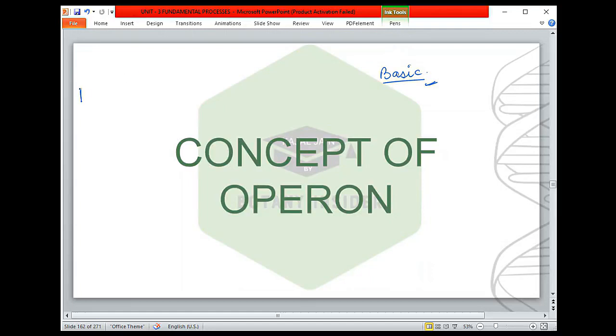In addition to that, we also have the ara operon, which was asked this time, like in June 2022. The question was asked out of nowhere. Before that and after that, no question has been asked. So when we discuss the PYQs in that segment, I'll add a few bits of this operon. Okay, so let's understand what an operon is all about.